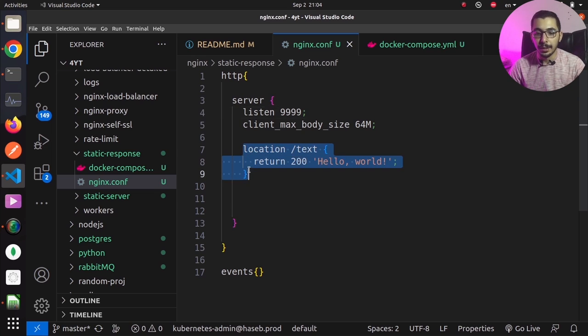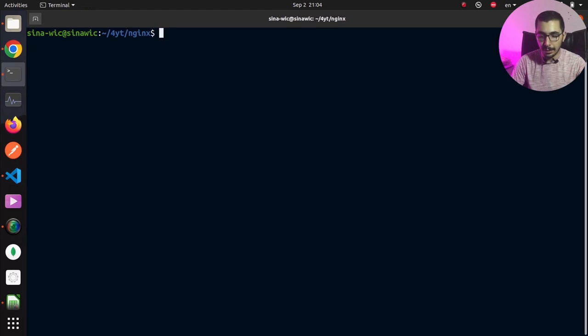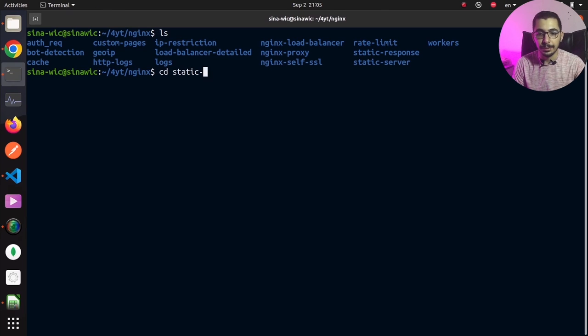So over here, I've got a location block for /text, and by using the return directive, I'll set the status code to 200, and over here, I've got a simple text that will be sent back as the response body. So in order to start testing this, I'll move to the terminal, I'll hit ls, I'll cd into the static response directory,